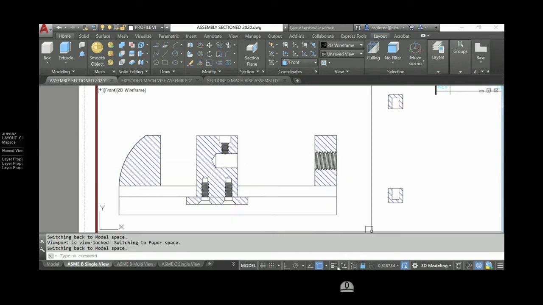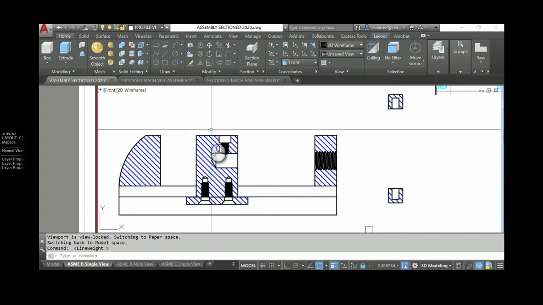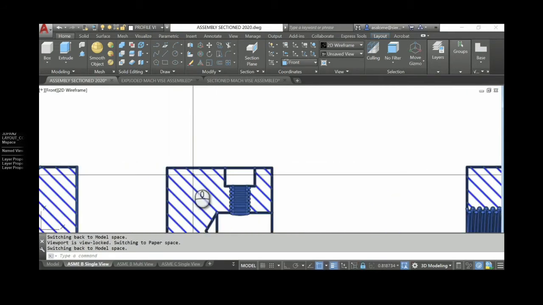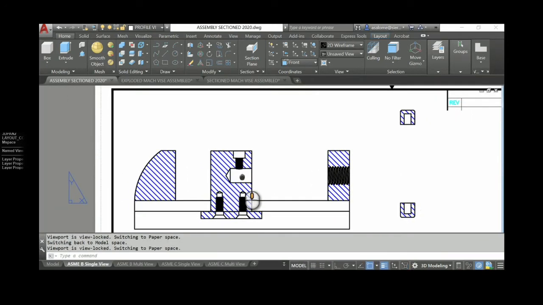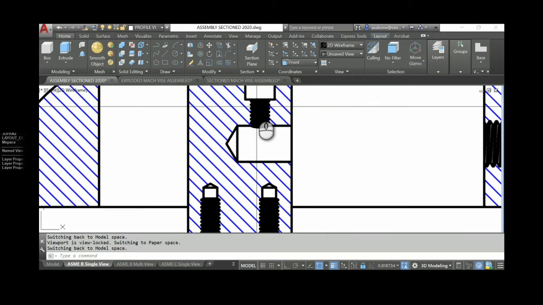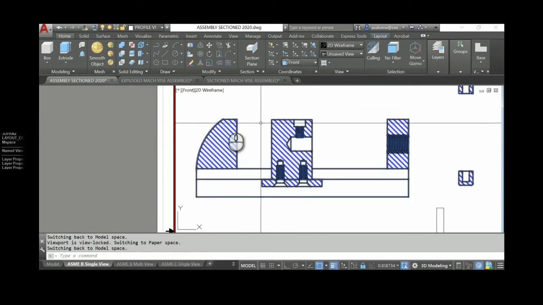Now, if we turn our line weights on, remember the lovely thing about the section view tool is it uses the line weights of our layers. That's a good thing, bad thing. So in one way, it's a good thing because it's going to give my object lines the thick line and my section lines the thin line and so forth. But when I have threads, these get kind of blobby like this. And we dealt with that a little bit on the week that we drew threads.